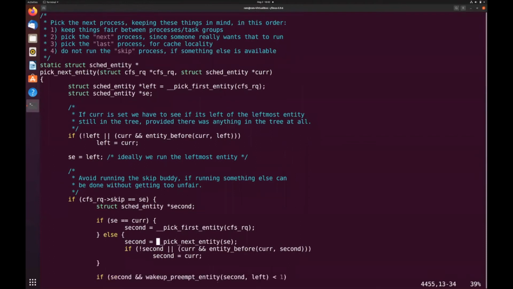And this function is trying to find the next task to schedule by traversing the red black tree and finding the leftmost node in the red black tree, because the leftmost node has the minimum virtual runtime.